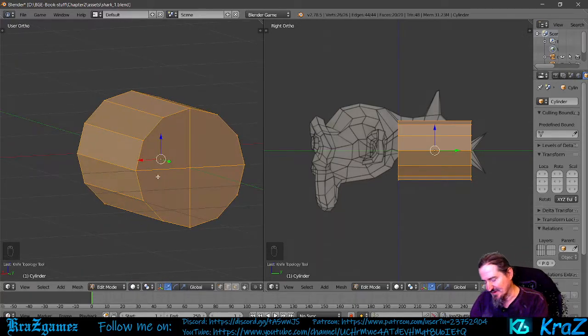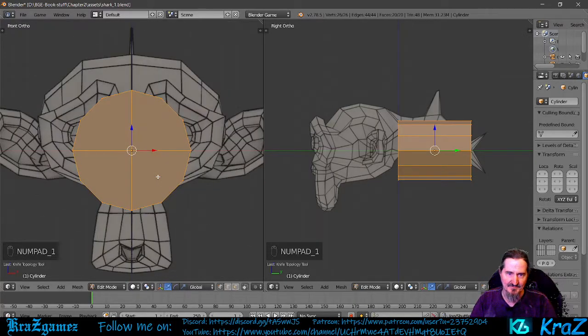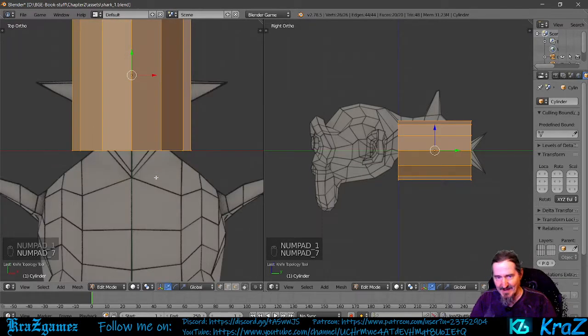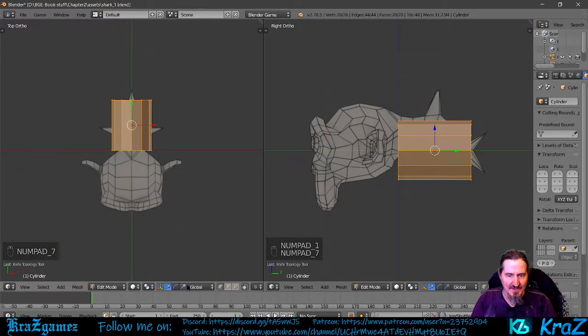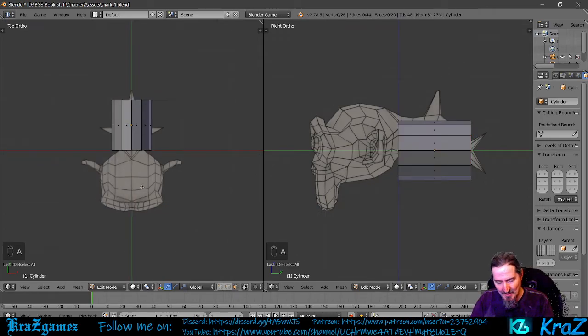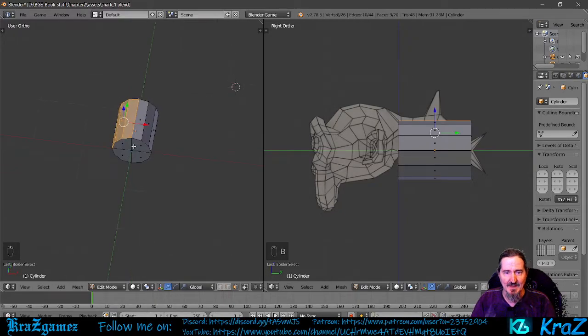Reason why I did this is because when you go back to the front view, and then you go back to top view, when you cut this, it's going to literally take out half of it. So you're going to go to the left, you're going to hit B, and you're going to select them all, but if you hit A, you'll deselect them all, because that would kind of make sense, wouldn't it? Okay, we're going to do it like that, and as you see, it didn't do these because I didn't do